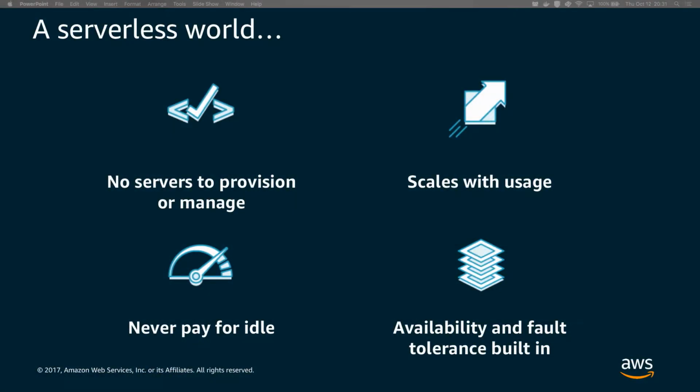Going back to my introduction a little bit, we had this concept of what time was like before. Today, we can start thinking a bit more about a serverless world where there are no servers to provision. You don't have to think about buying hardware. You don't have to put an order in and hope that it turns up in 3 months' time so you can hit your targets. You can just go to a console, say, right, I want a certain amount of capacity, fire it up. Or you can look at things like AWS Lambda, say, here's my code, just go run it, and we figure out the rest.